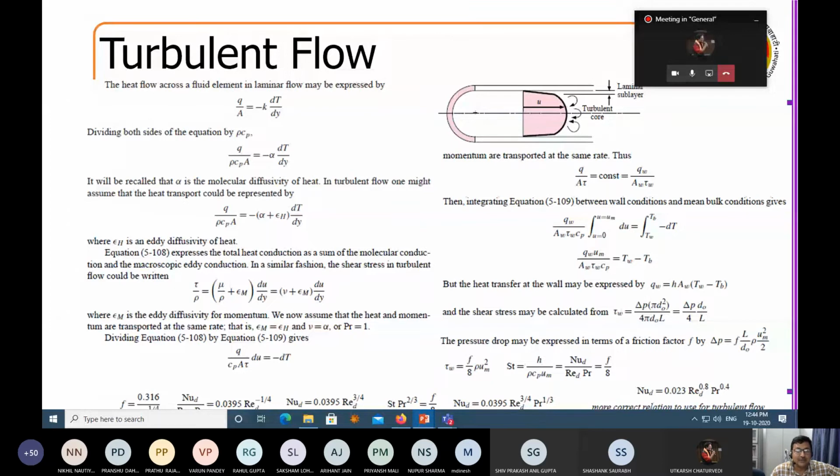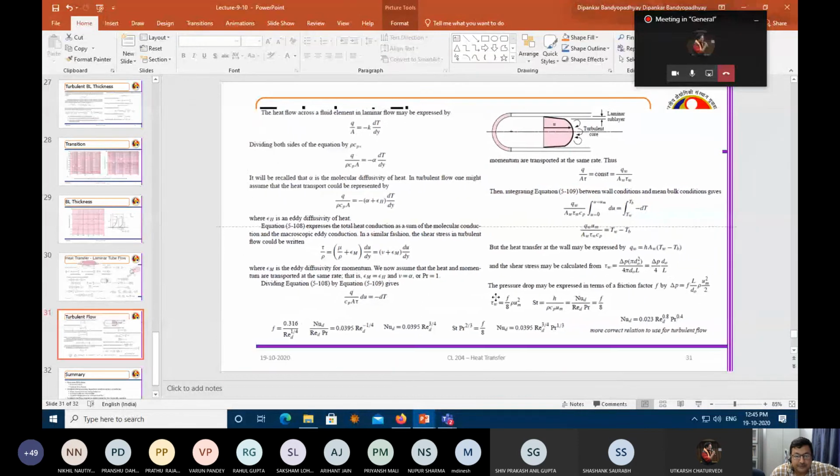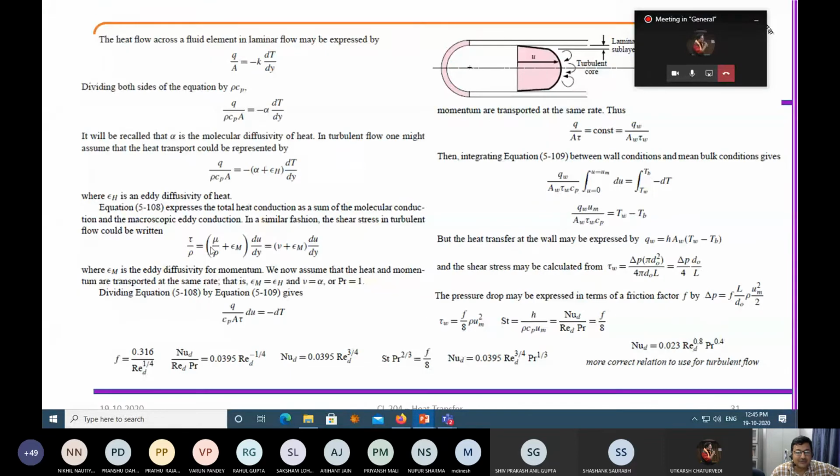Why is that so? You know that this is your conductive and this is your thermal diffusivity, right? But in case of turbulent flow, as we just discussed, when you equate, you put this eddy viscosity associated with the heat transfer, right? Now in that situation, you may see that in turbulent flow also, once you assume that this is your hydrodynamic part and this is your thermal part.